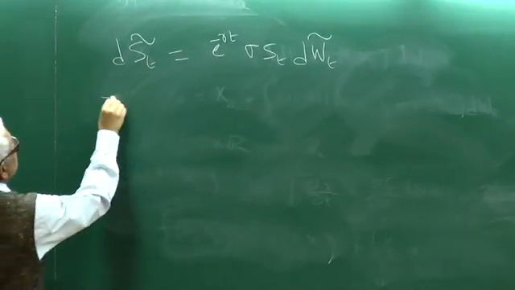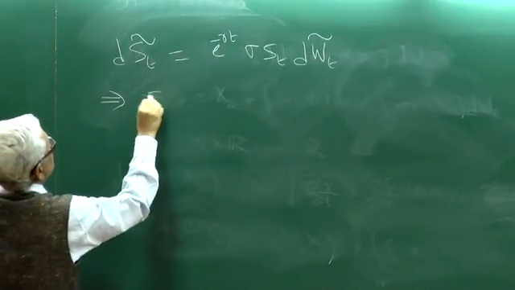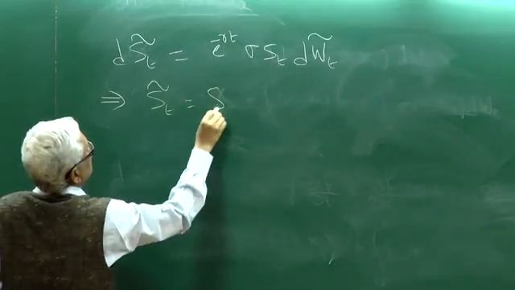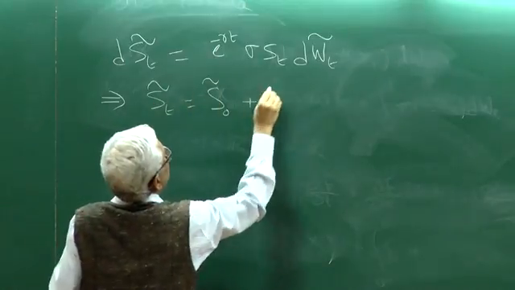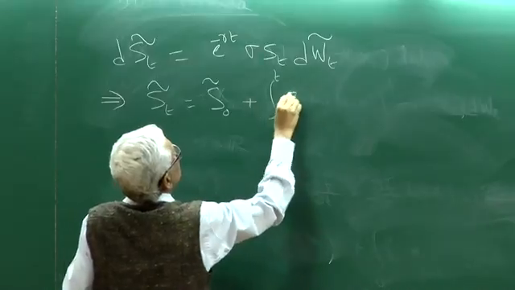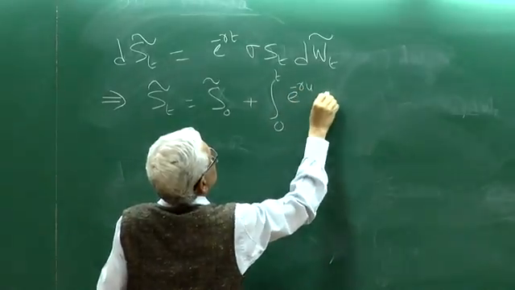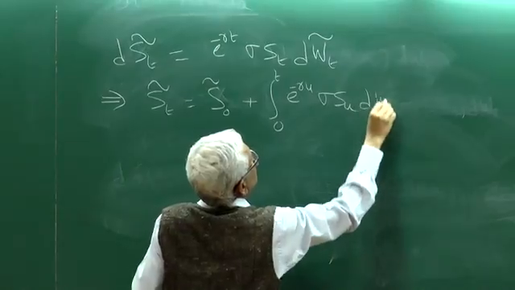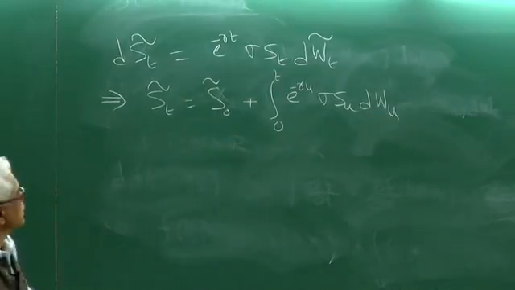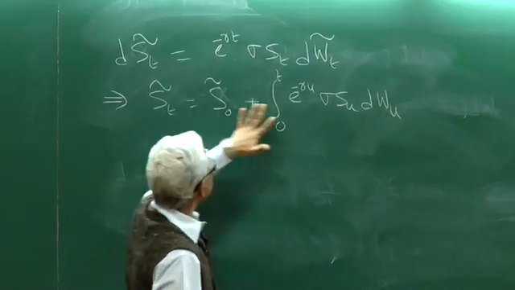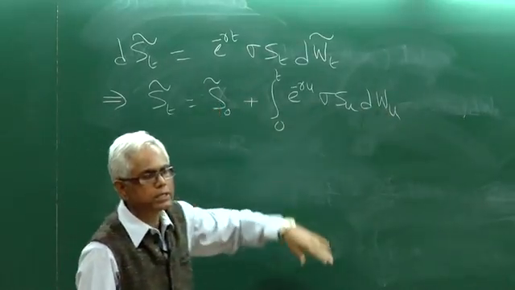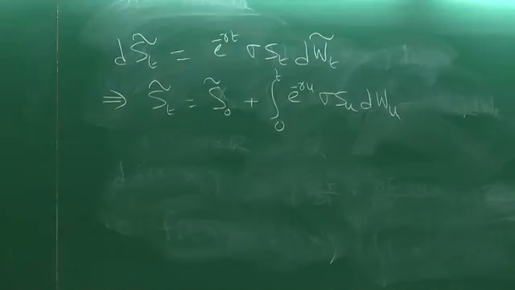In other words, this is just a stochastic integral plus some given quantity. A stochastic integral is always a martingale. By definition, the stochastic integral is a martingale, and therefore the discounted stock price is a martingale,